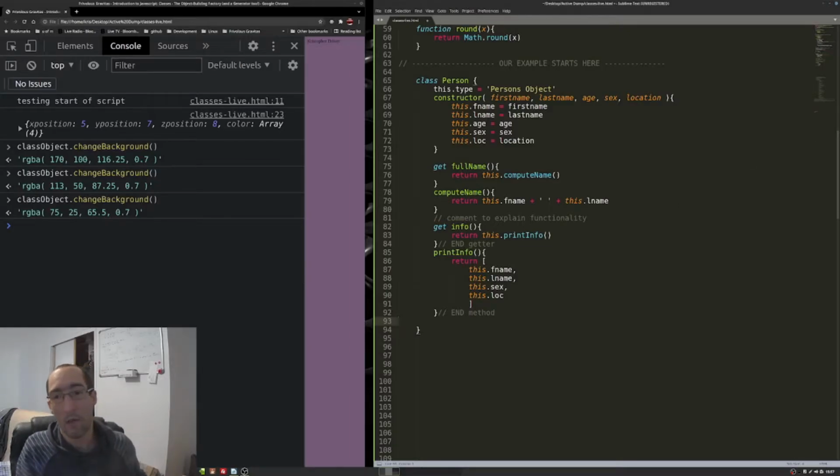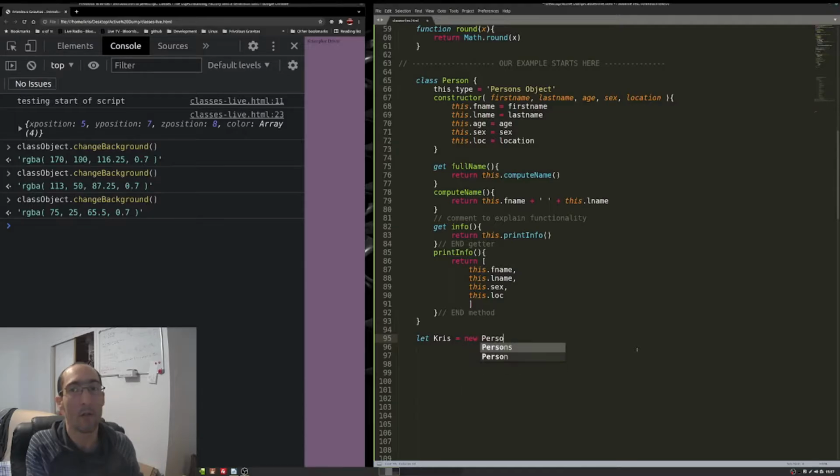So what else do I have here? I think that's good enough for just a person. We might as well start creating people. And this should look familiar because I'm not going to mix these up. I'll keep using let. And again, when we create objects from a factory or from a class, generally use a capital letter for your variable. Don't have to. Could be absolutely anything you do, but it just helps you visually see, at a glance, as soon as you're looking at your code,